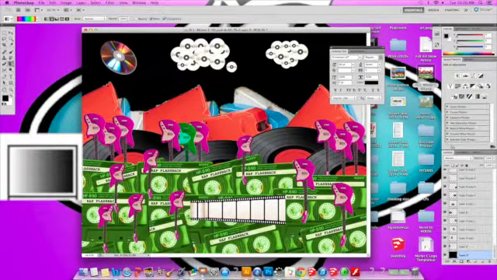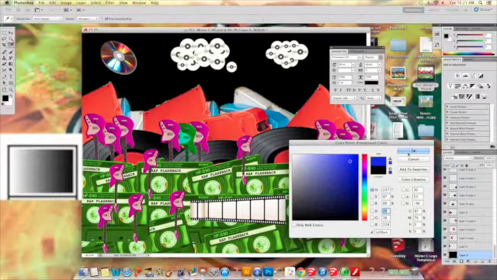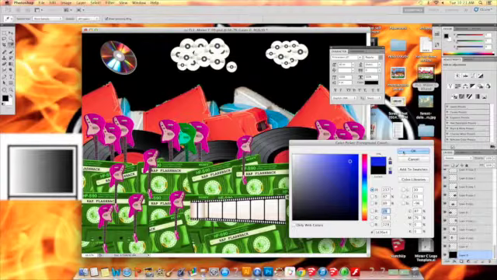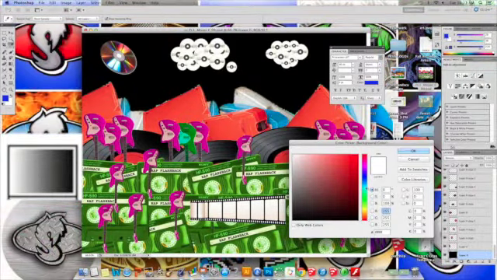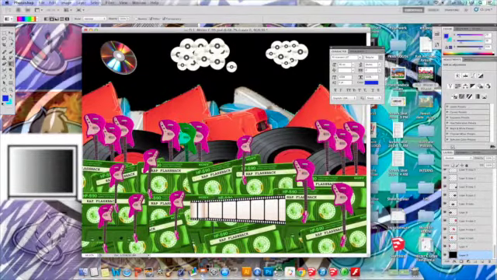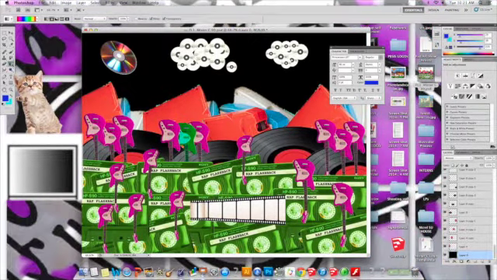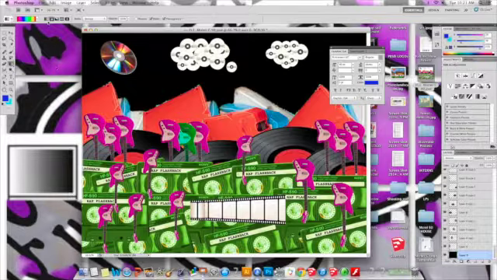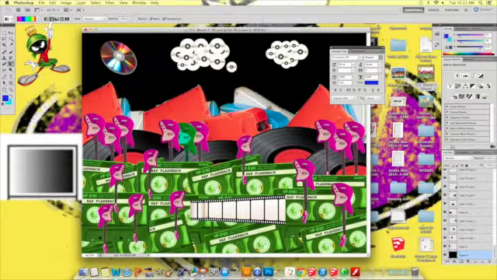I'm going to go over to my colors, and I'm going to choose colors for my sky. I'm going to go with blues, but since this is clearly not Earth that we're creating here, you can really have whatever color sky you want. The best thing to do is to create a light color for your sky and a dark color, and have them in the two colors here. So I double click this one, change this to dark blue, then double click this one and change it to light blue. Now when I click my gradient tool, if I have this one selected, I can click and drag